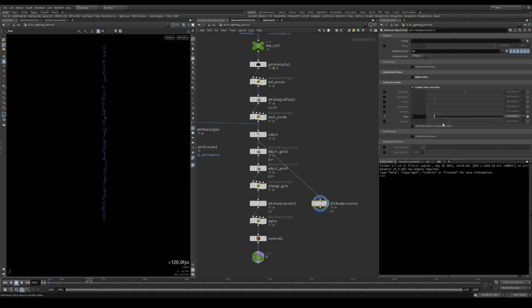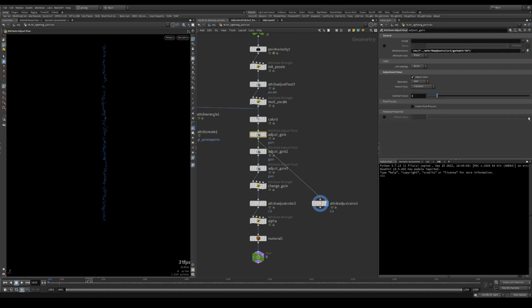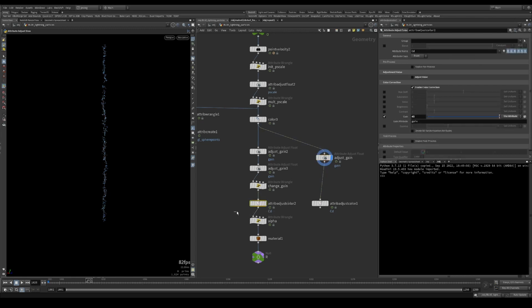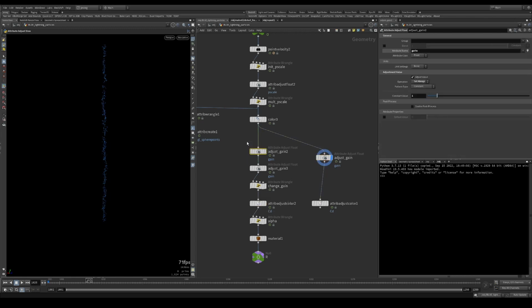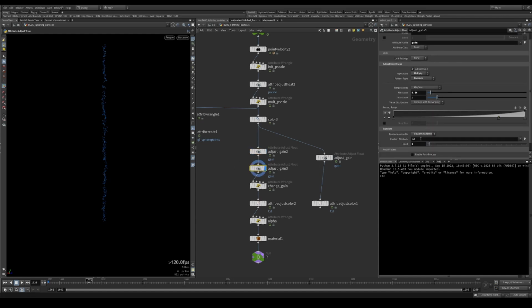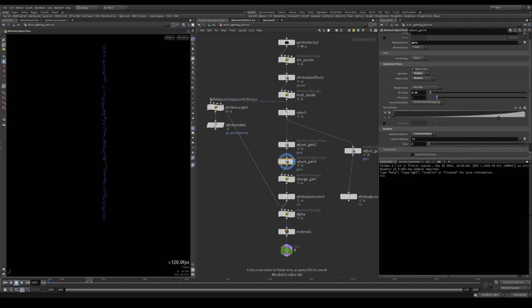So what we can do to randomize this is clicking on this dice icon on the parameter, and this will automatically give us this node, which creates an attribute adjust float, and we're adjusting an attribute called gain. So that's all I did. So this created it for us, and then based on ID,